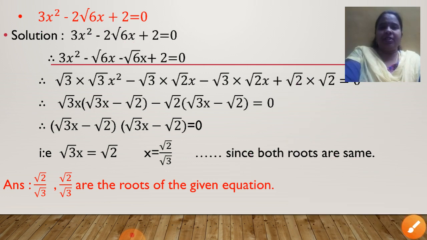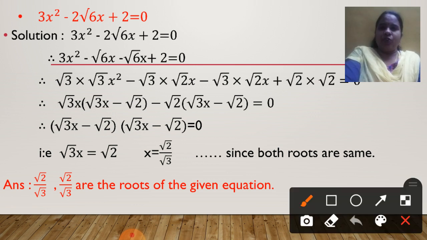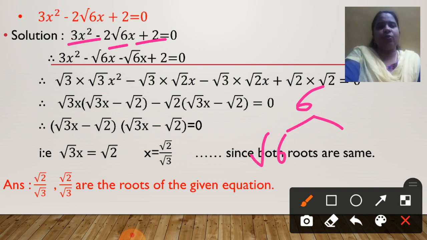Again I am repeating the steps. Do not worry, it is easy. First step is what? Take product of first and the last term. So 3 2s is 6. I got the product. Since the middle term is having root 6, correct? So both the factors I am first only writing root 6 and root 6. Then I will think how I will get that middle term. It's minus 2, right? It's as easy as minus root 6 and minus root 6.